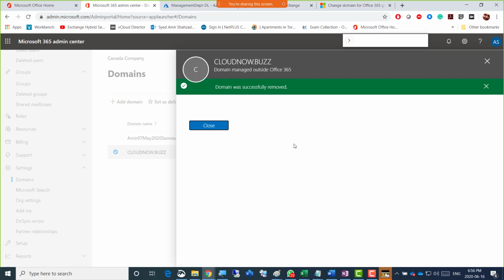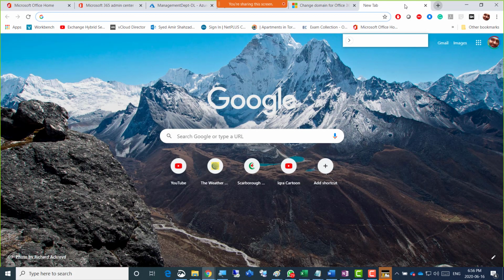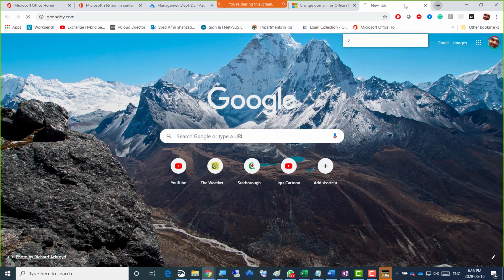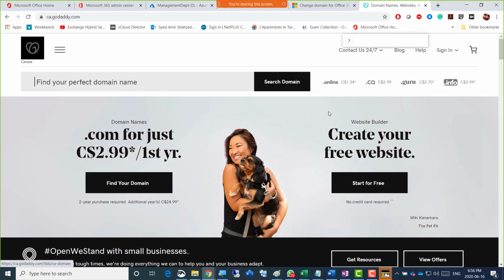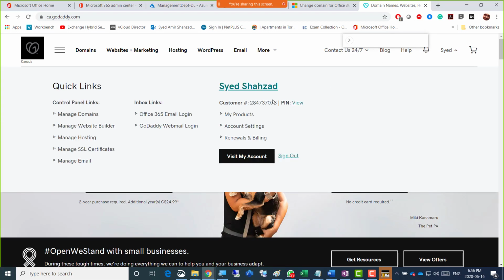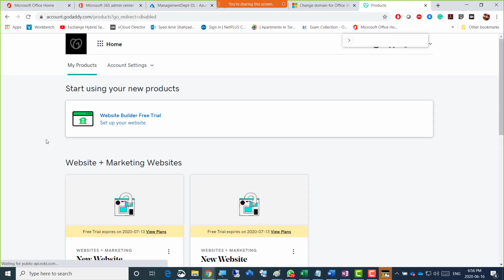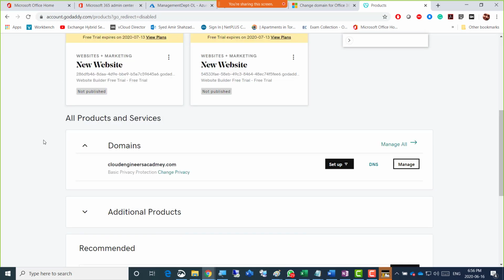Okay, so Mariam says here, and how about the GoDaddy part? Is there anything to check or change there? So that's a good thing. When you add this domain from GoDaddy, it creates the account. So let's go back and check if, when we remove it properly, it removes the DNS records from there as well. So guys, let's check whether the A records and MX records were removed from there as well or not.